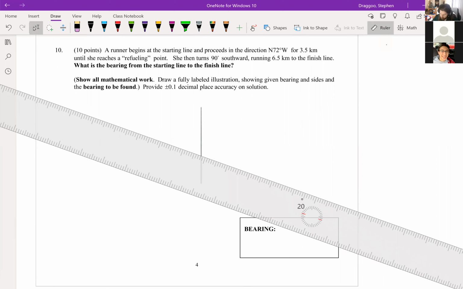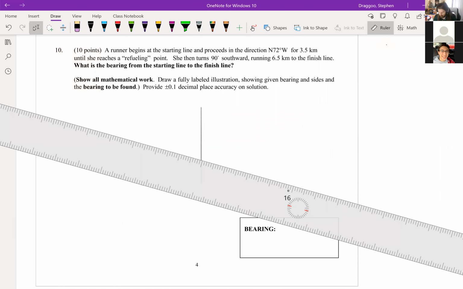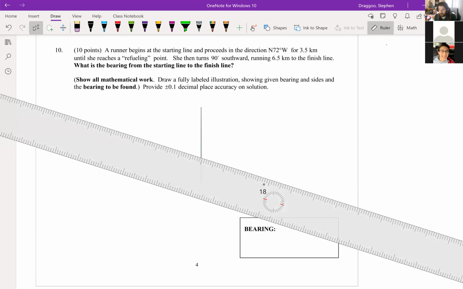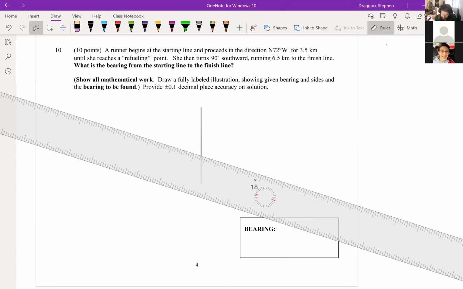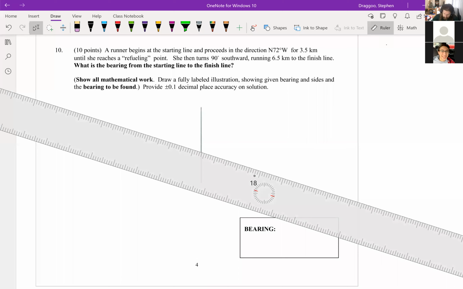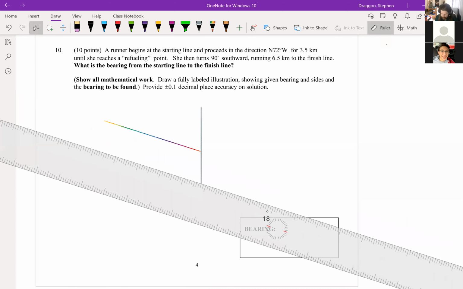And then if I want an angle that is 72 degrees west of north, that's going to be this 18-degree angle here. We're going to run for 3.5 kilometers that way,